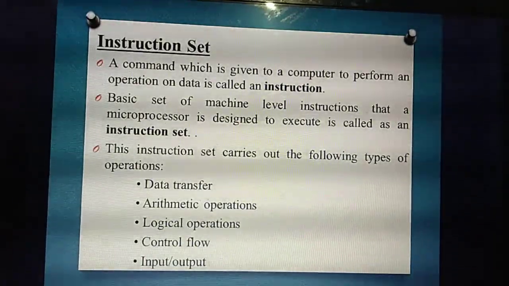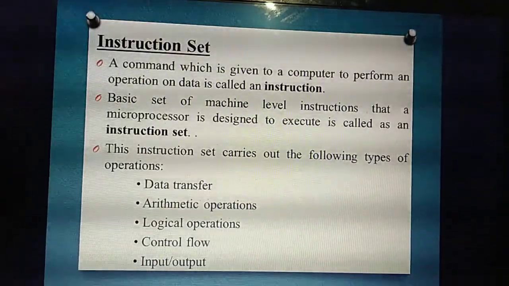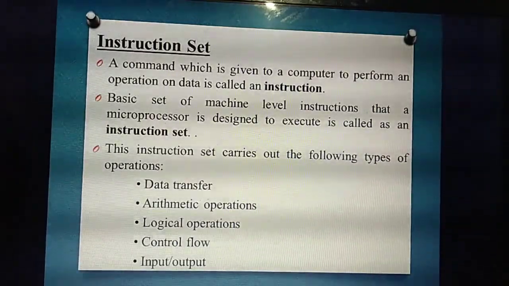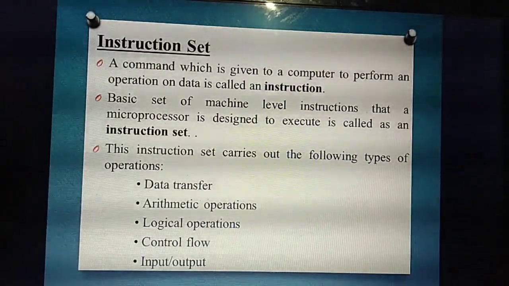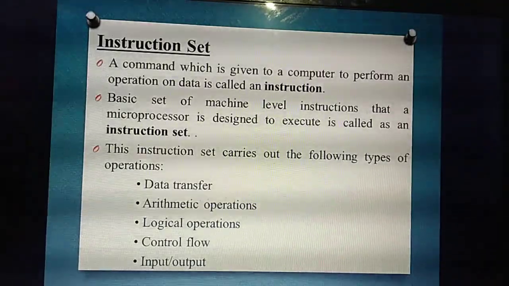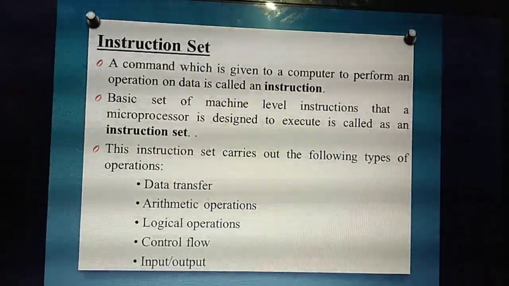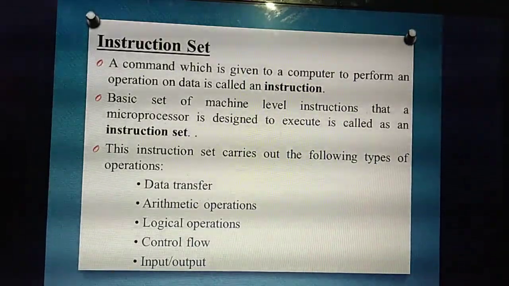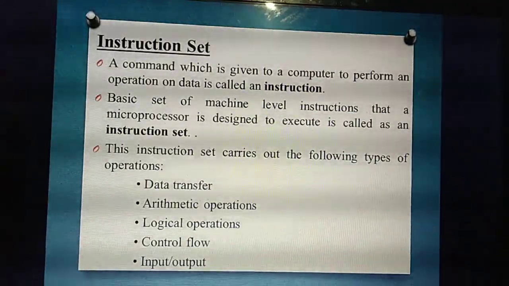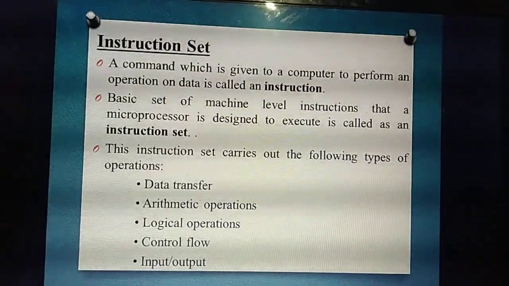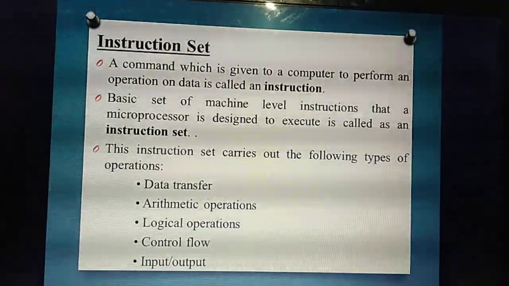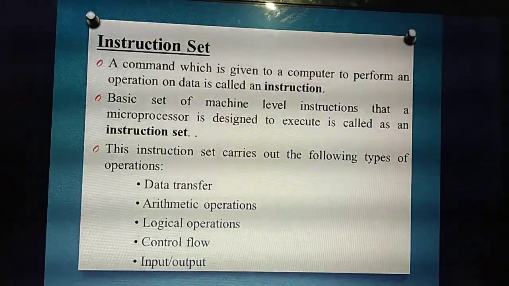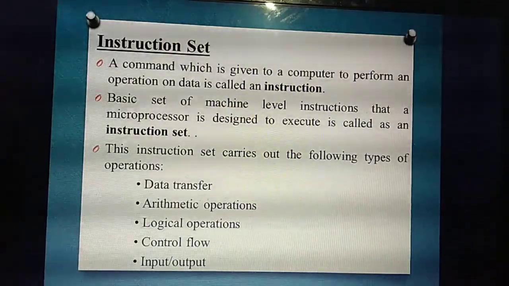That's the second operation. Next one is logical operation. Logical operation means logic gates, which you will study in the second chapter: AND gate, NOR gate, XOR, and a lot of other gates. Based on that it will work with ones and zeros. That is called logical operations. Next it will take care of control flow. What do you mean by control flow? Flow of control, like water flowing from upside to downside. Likewise, control flow of data from one place to another. That is called control flow.